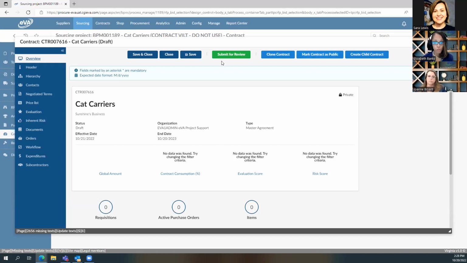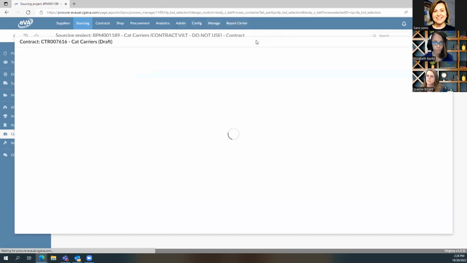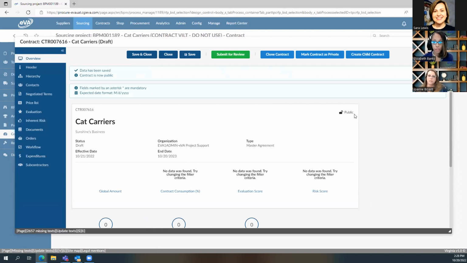So before you submit this for review, make sure you mark this button public, mark contract as public. And EVA is going to ask you, of course, are you sure you want to make this contract public? Please click OK. And you can see now that the contract is public.